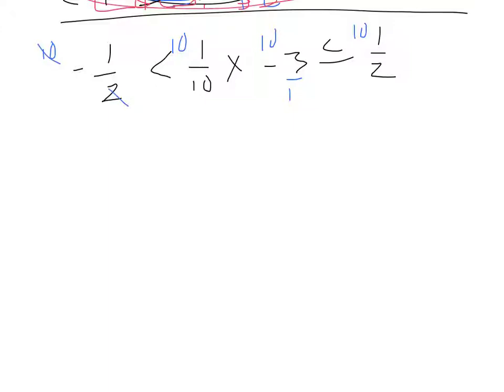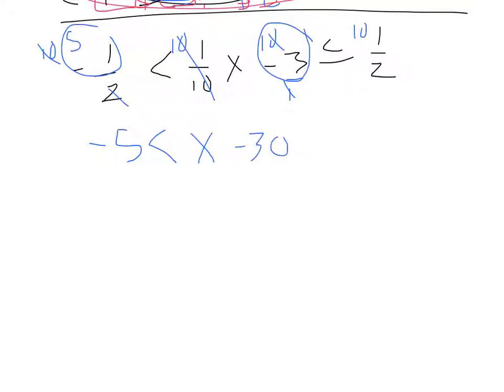So 2 goes into 10 5 times. So 5 times our negative 1 is negative 5. 10's cancel, so we get x. Here 1 goes into 10 10 times, so 10 times negative 3 is negative 30. And finally 2 goes into 10 5 times, so less than or equal to 5. Now add 30 to everything,